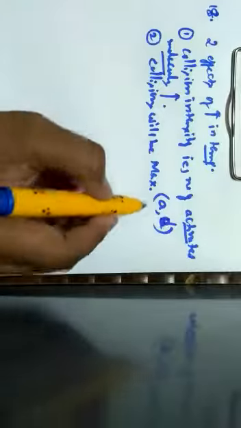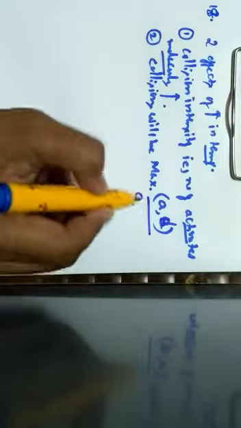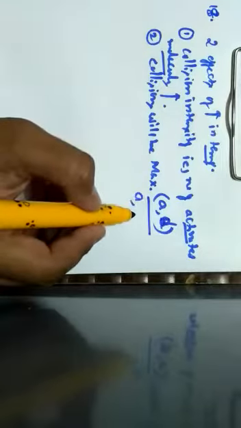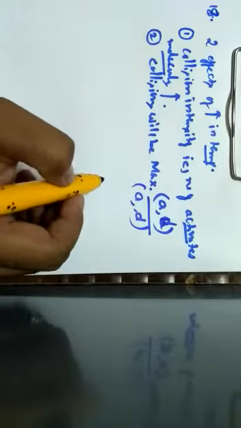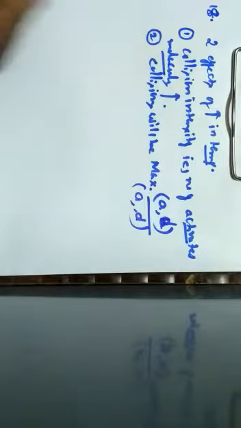So for this question there are two options. One is option A, which is increase in the number of activated molecules. The other one is option D, which is increase in the number of effective collisions. Next one, question number 19. Temperature coefficient of a reaction is 2. When the temperature is increased from 30 degrees Celsius to 90 degrees Celsius, the rate of reaction is increased by.